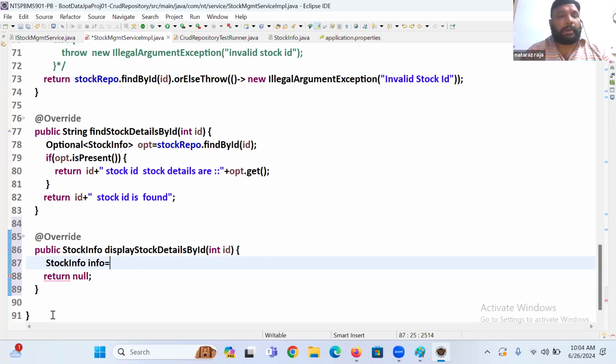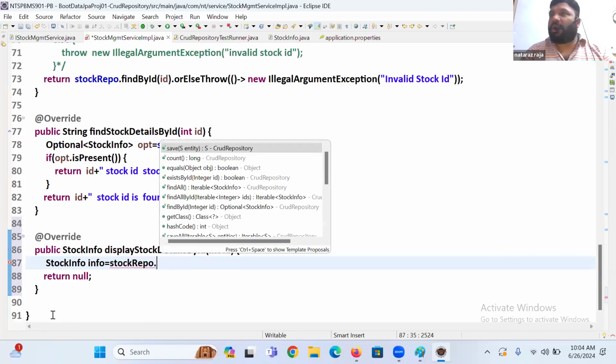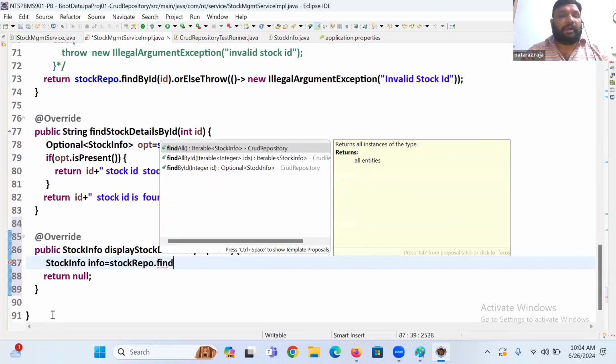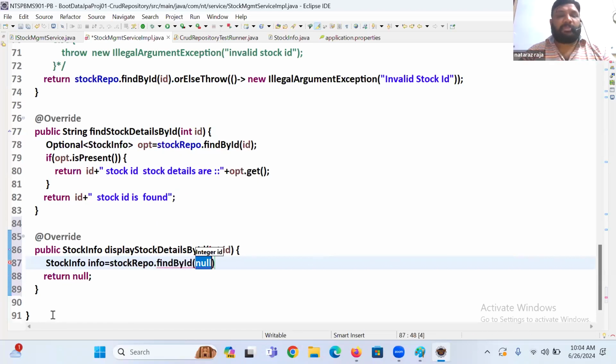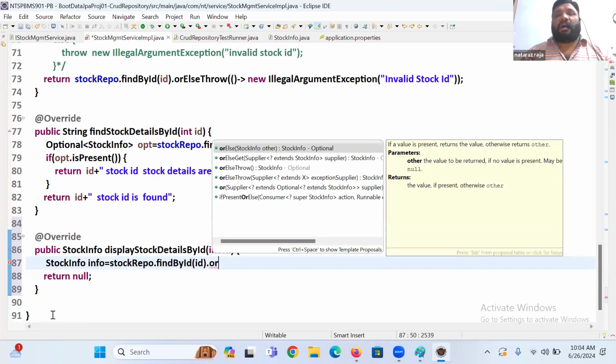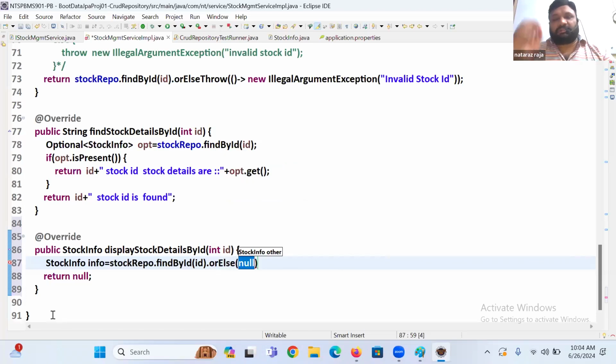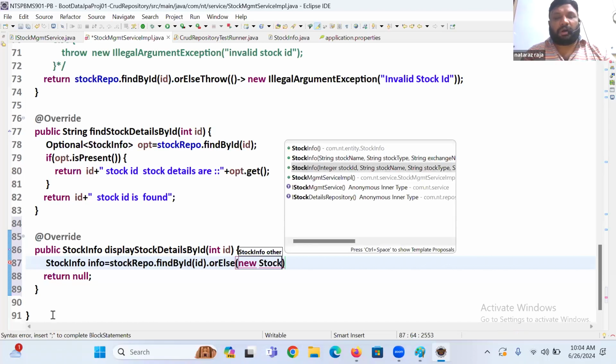Info is equal to stock repo dot find by ID. Find by ID: if the given ID is available, it happily returns what? An Optional object. From there, it returns what? The entity object. I'm storing it into the info property, right, guys? Or else, we are also expecting what, guys? Stock info only, right? Or else, here what I'm going to do is new stock info of,